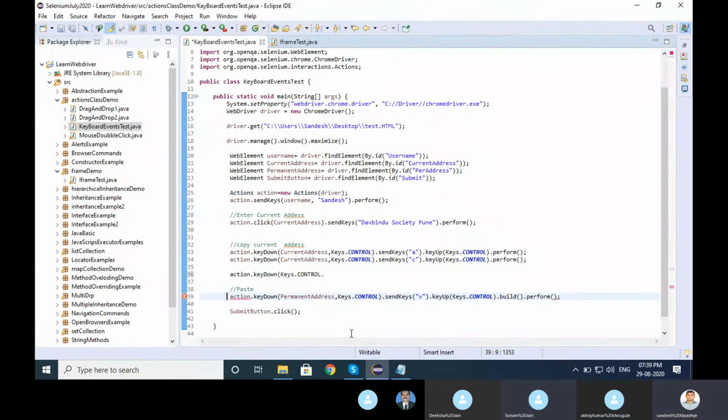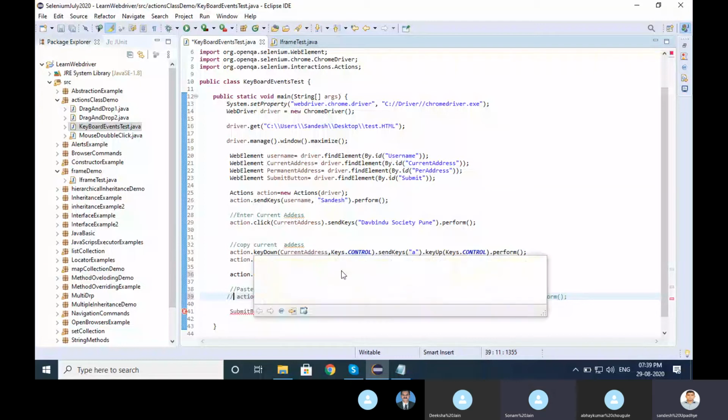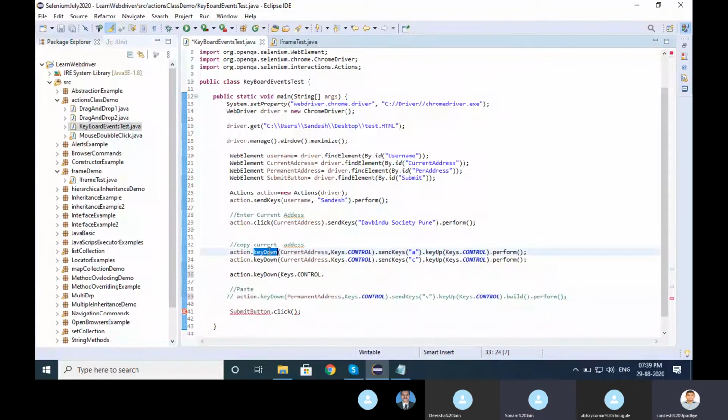Okay. So while working with the action class, key down means key press. Which key press? Control key press. And once you press the control key, you want to release that key as well, right? So key up will release it. Think about the programming perspective.